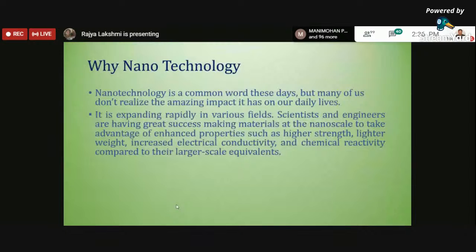It is expanding very rapidly into different fields, and people are concentrating on in-depth research to find new inventions and innovations related to nanotechnology, especially related to improving the properties of materials, both in mechanical and non-mechanical fields. It will impact almost all the properties. For example, it will improve the strength. And one of the important features of nano is that since the size is very small, obviously the weight will be less.